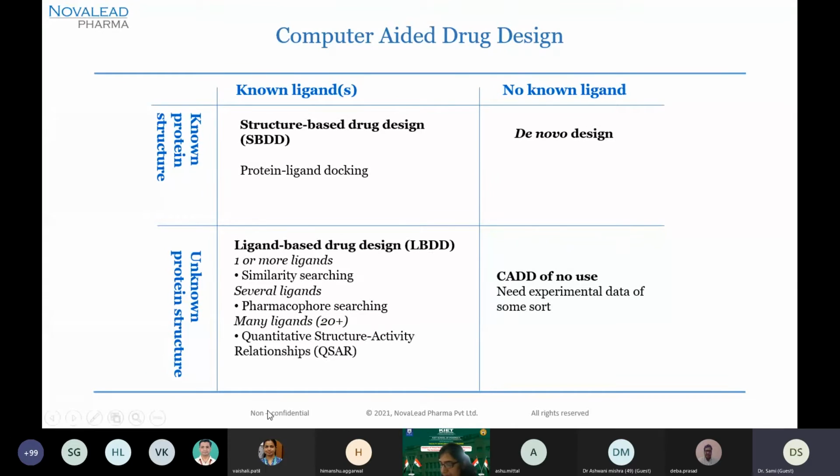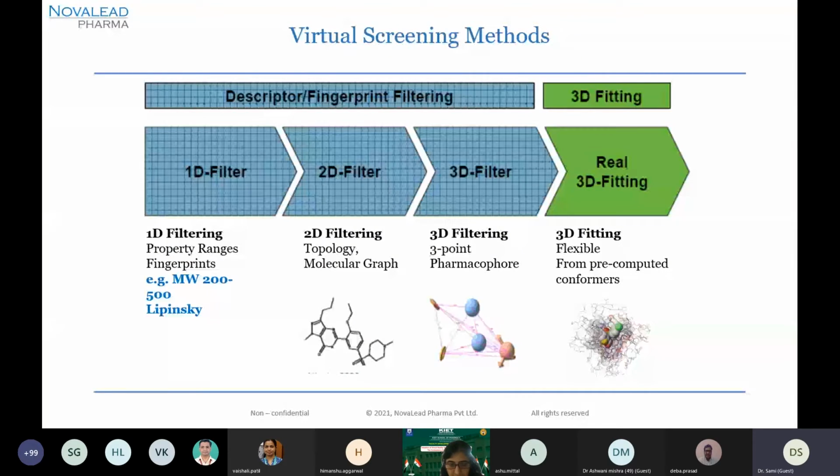And the last quadrant, which is the second row and fourth column, is of no use. You have no data actually. Then better go and sleep. But it's a rainy day here in Pune, and I don't know about Ghaziabad, but it's better to go have some cup of tea and go and sleep. Better idea. Now we will go ahead to the more interesting slides.